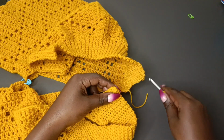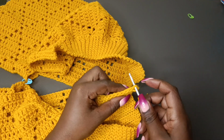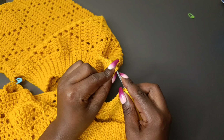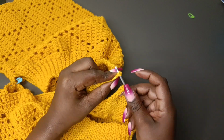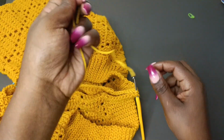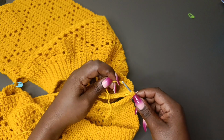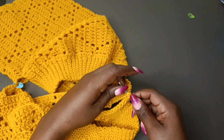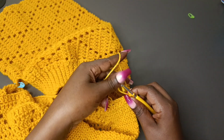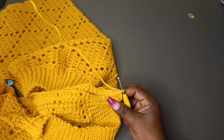start from the top on this side in the first stitch right here. I'll insert my hook, then I'll get the first stitch on the other side, put the hook through. I'm going to work both loops on both sides. Then I'll get my yarn and slip stitch. Then chain 1